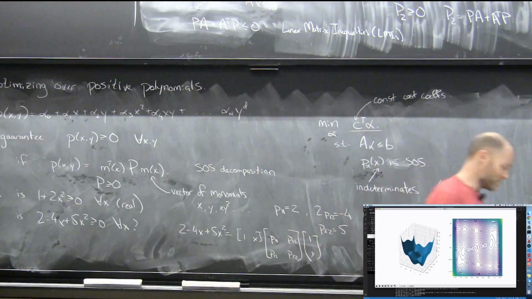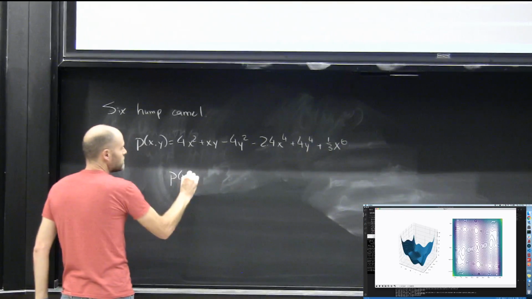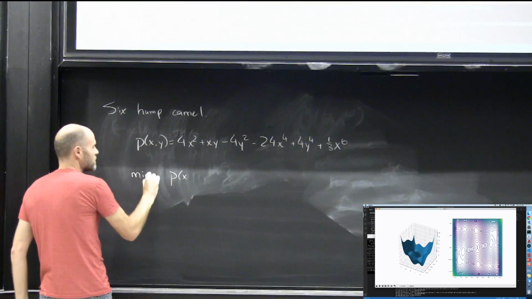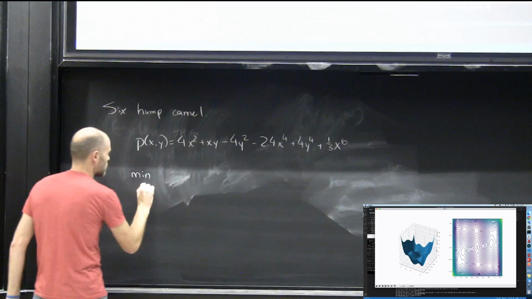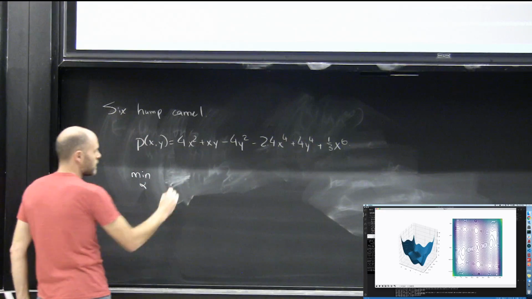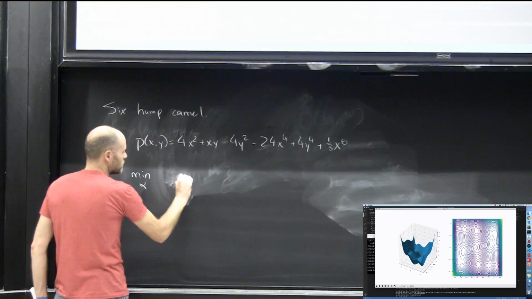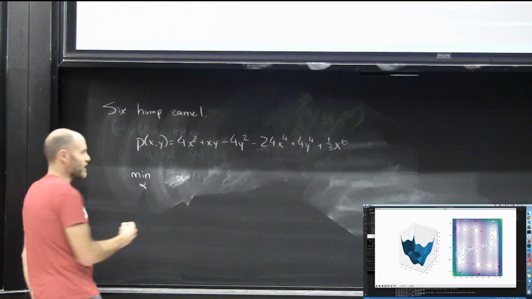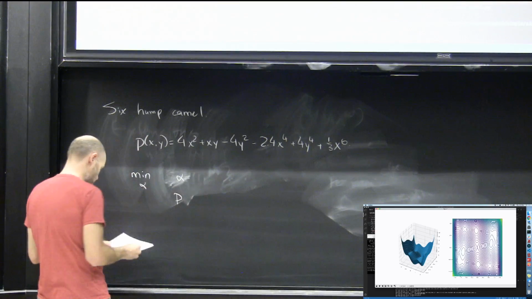It's crazy, right? So how do you do it? You say P of X, I want to say minimize over alpha. I'm just going to minimize alpha. P of X